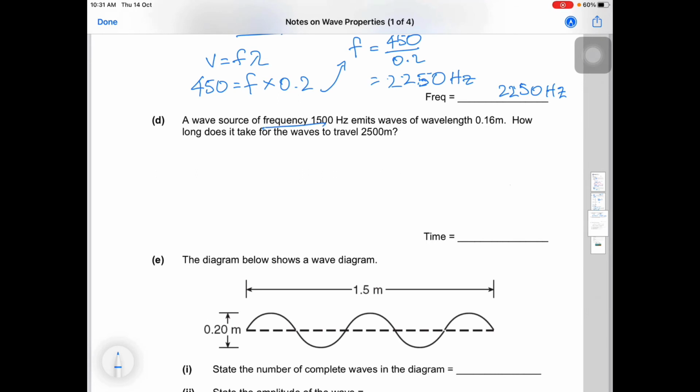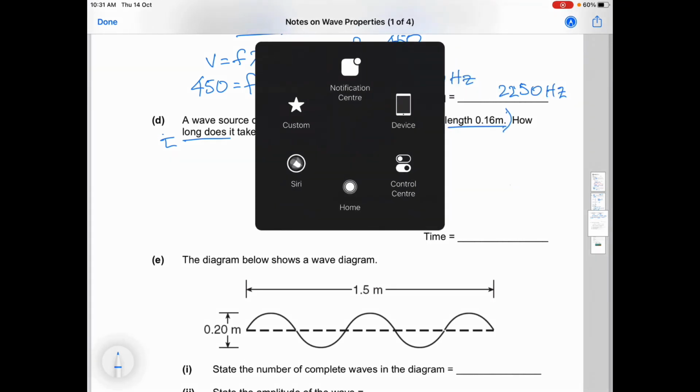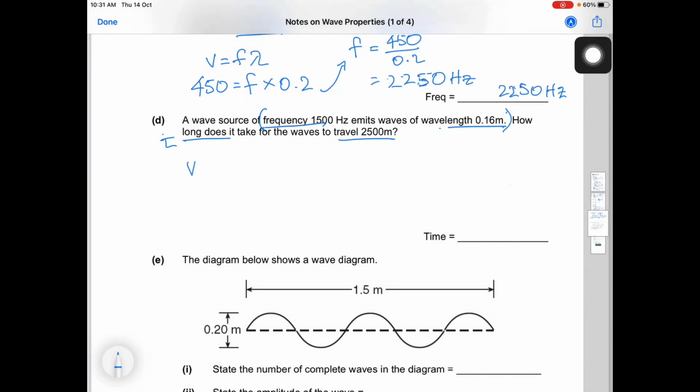Frequency is given now. Wavelength is given now. How long? They're talking about the time it takes for the waves to travel 2,500 meters. So, first of all, let's find out what the speed is. I'm looking at these two pieces of information first, the frequency and the wavelength. Having this information, I can first calculate the speed of the wave, because frequency is